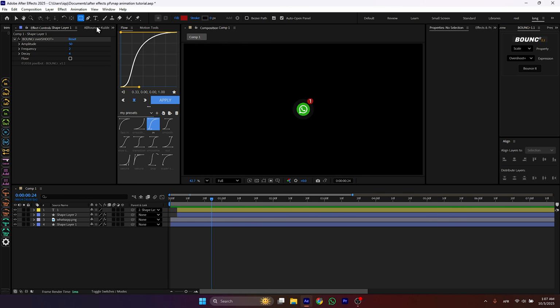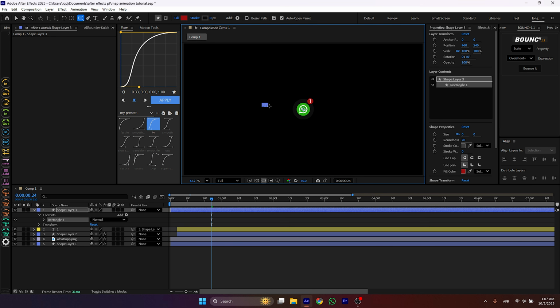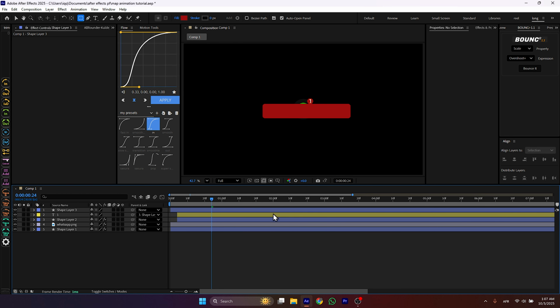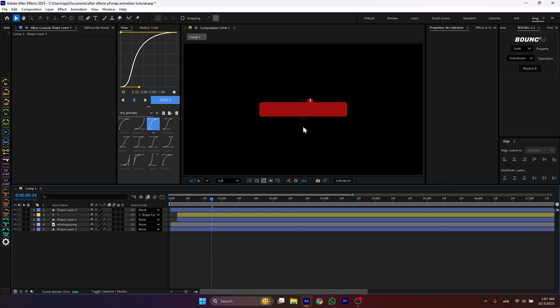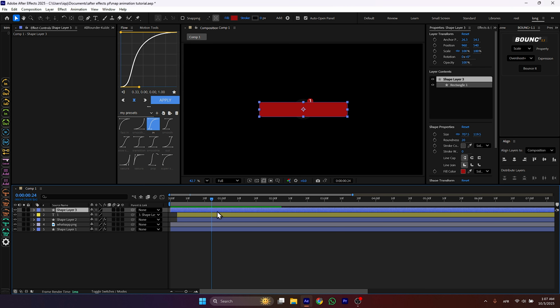Then make a rectangle. Then go into shape layer 3.